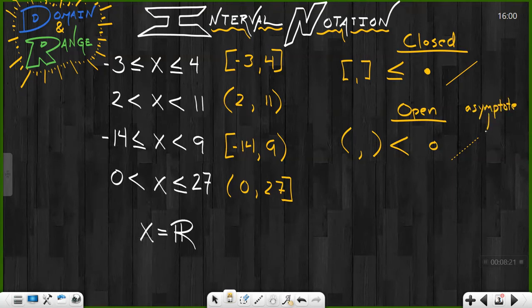And I will talk more about asymptotes later. All right, so that's how we're going to identify it for right now. There's one more instance where we use an open bracket, and in this case here, it's down at our x